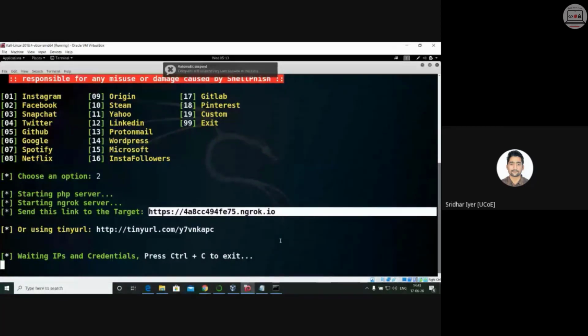For this experiment, I'm using this particular link. But if I'm an attacker and I wish to carry out an actual attack, I won't be using this link. Why? Because nobody will click on it. It looks suspicious, right? So I need to copy it, convert this into some meaningful link, for example, bit.ly, TinyURL, whatever, and then send it to the victim.